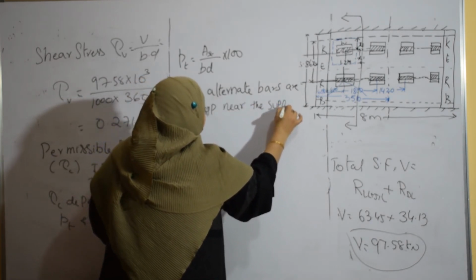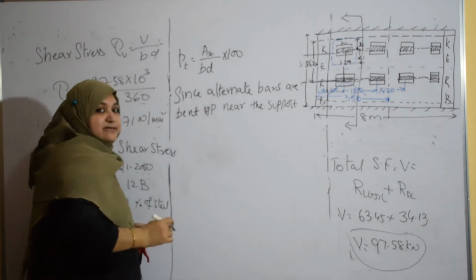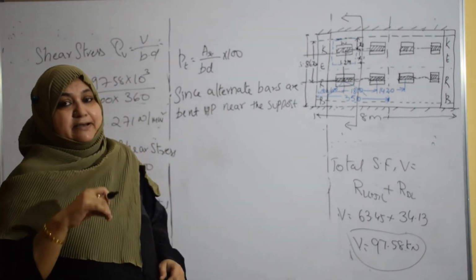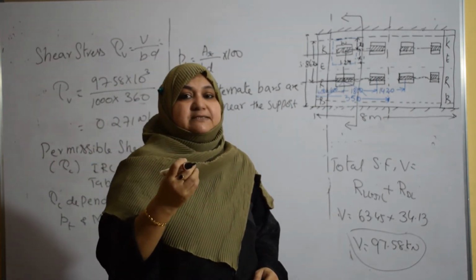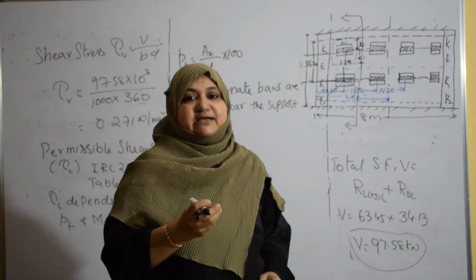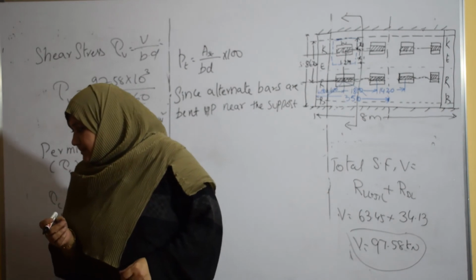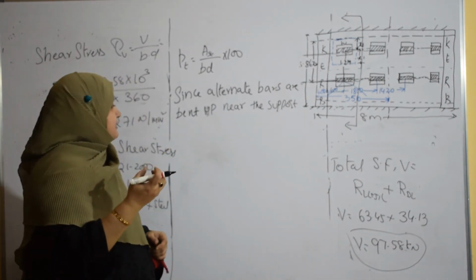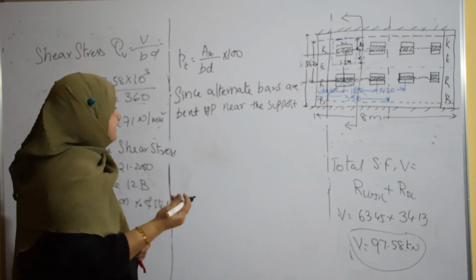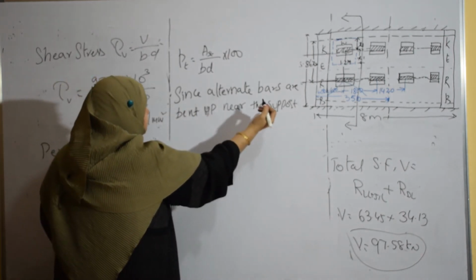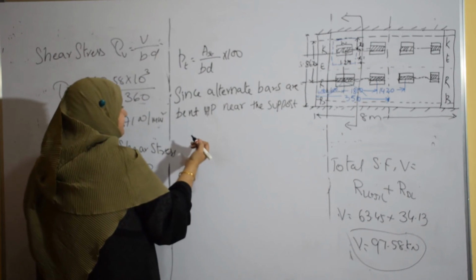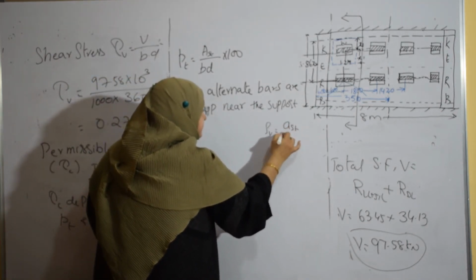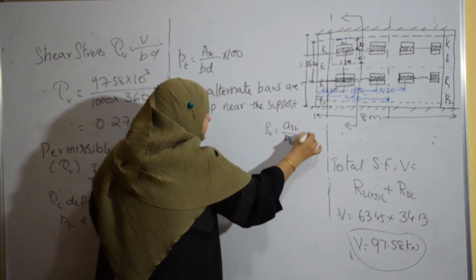So let us calculate how much steel comes at the support. Obviously it is half of the total steel, but if you remember, whatever area of steel we got, the spacing was something like 139 point something, which I made 130 mm center to center. When you decrease the spacing, obviously the steel will increase. So let us calculate the area of steel near the support. If you remember the formula, spacing is equal to small AST by capital AST into 100.